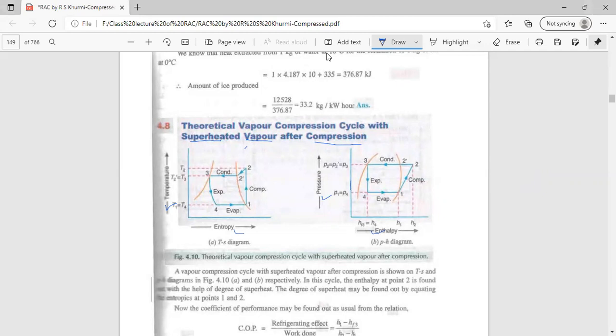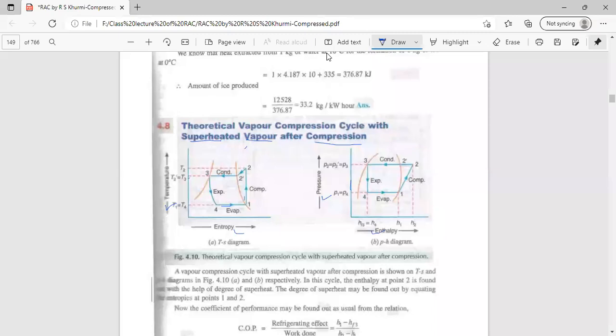So what we have found on this figure is that the compressor at entry is receiving the refrigerant in a fully vaporized state. Fully saturated state means it is starting from point 1, which is on the saturated vapor line itself. Now from there it is compressed, and due to the application of external work during compression, its temperature as well as pressure is raised up to point 2, where it is in the superheated region itself.